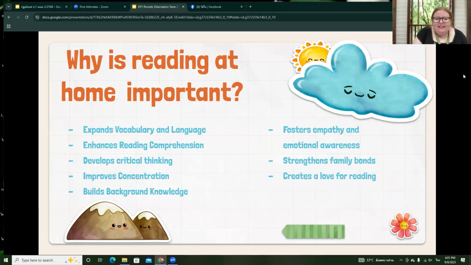So with this, we've also asked for a bit of help at home as well. We ask that when we send home reading logs, you help your students to read the story and ask them questions about the book. Who are some of the characters? What happened? Things like this. As we've said, this helps to create enhanced reading comprehension and also to help foster, like we said, their reading fluency as well. So we ask for a bit of help with this.